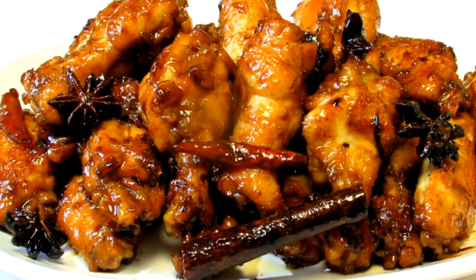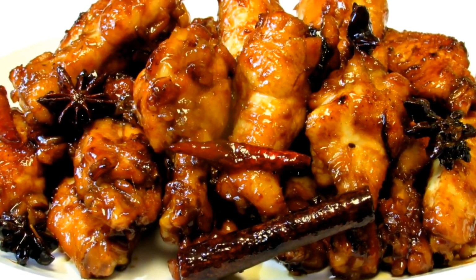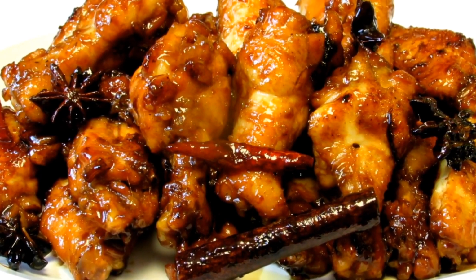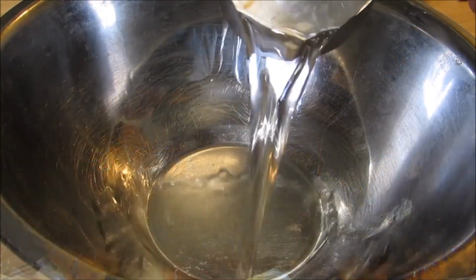Now let's make Andrew Zimmern's grandmother's chicken wings, also known as one-pot sticky wings. He calls this recipe one of the best things he's ever made. So let's give it a try and see what we think. So let's get started. Now for the sauce, I'm going to need water,